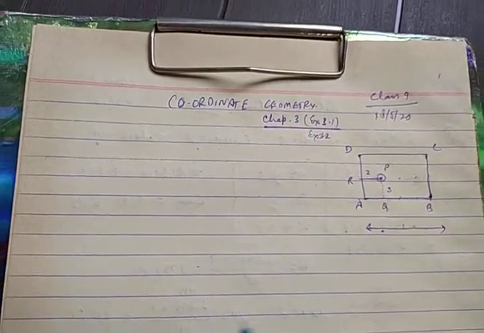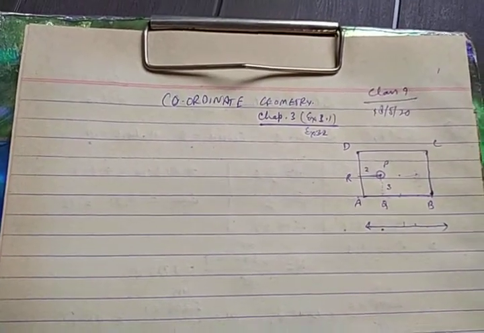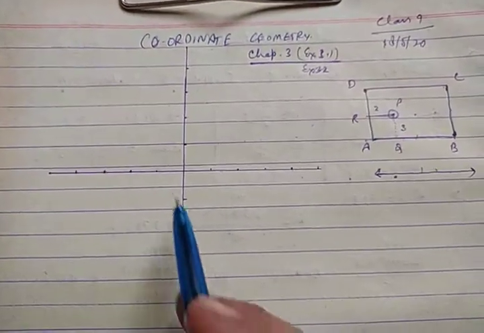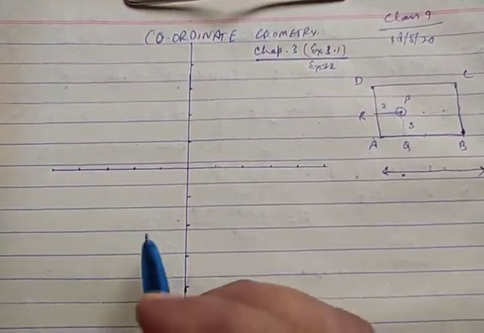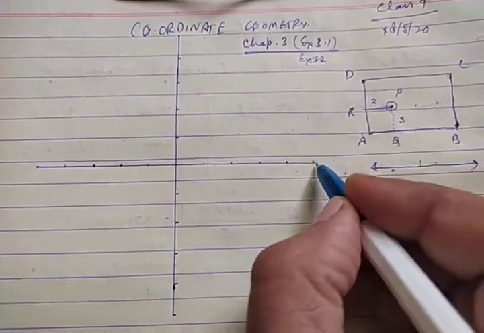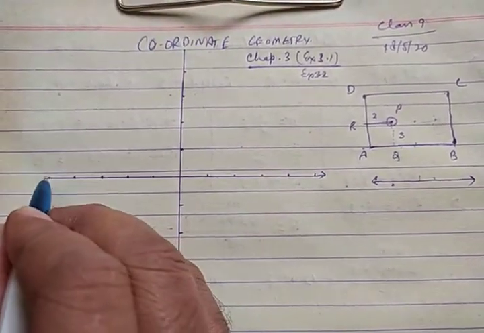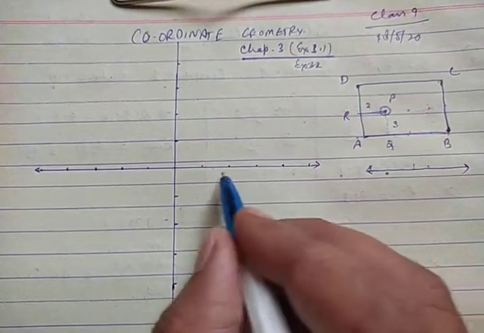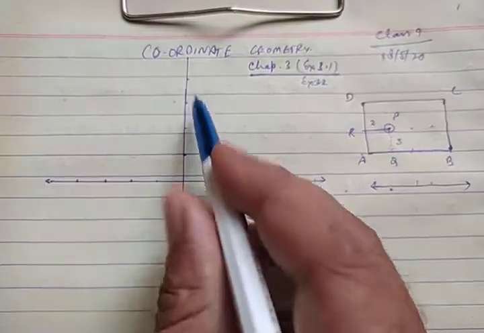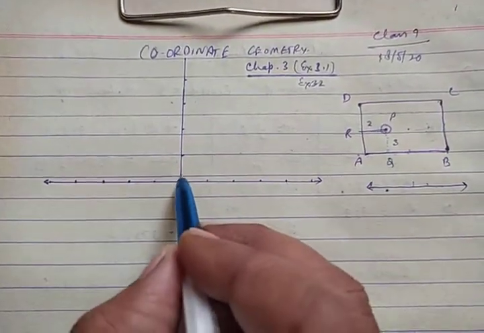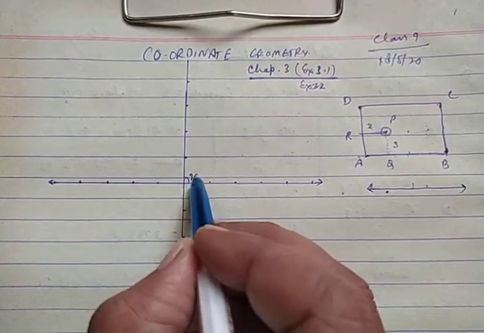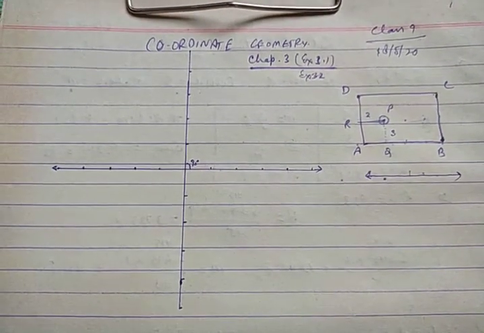I am drawing the number lines with the help of a scale by pausing the video. Just a moment. Well, I have drawn this diagram. There are two number lines. One is horizontal like this, with two arrows placed. It is stretching up to both sides up to infinity, and this is vertical. Vertical in the sense that the angle between the two number lines is 90 degrees. This is an important thing to be mentioned.